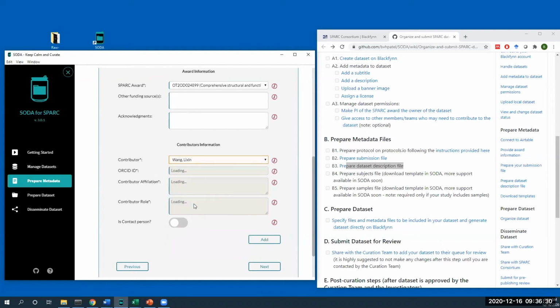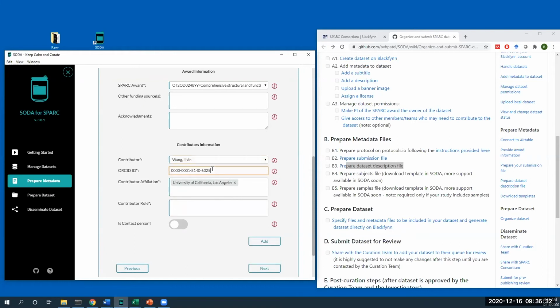So you can select them easily. The Airtable database already includes the ORCID, the affiliation, of course, if you have added that. If not, you can add them here. And for this investigator, there's no role in the Airtable database, but you could add them again manually. What we recommend is to keep that Airtable database up to date, so then it makes it easier for you